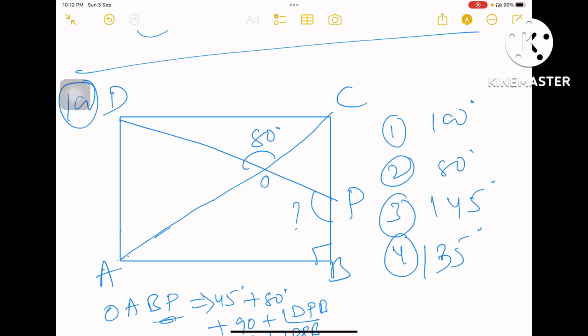So angle AOP will also become 80 degrees. Also, because AC is the angle bisector of angle DAB, if this is totally 90 degrees, angle OAB will be 45 degrees. If this is 45 and this is 80, and also angle B is a right angle, that is 90 degrees,